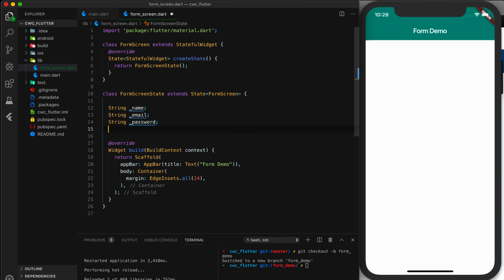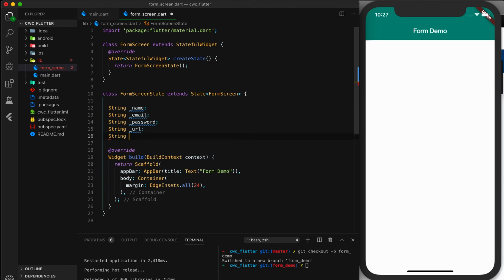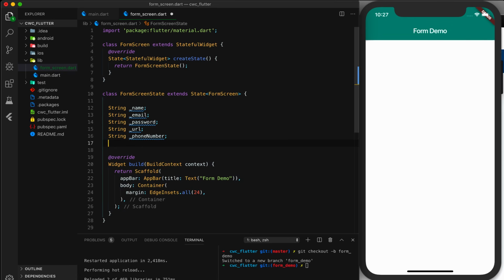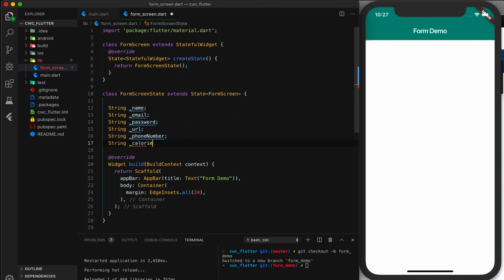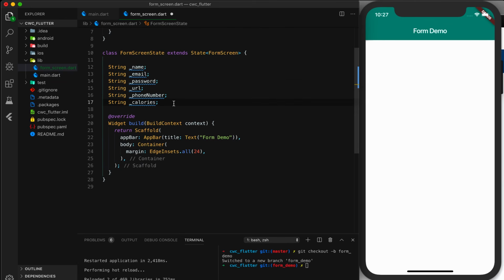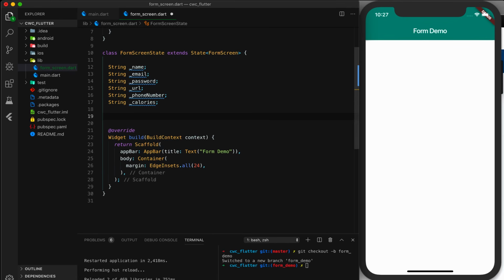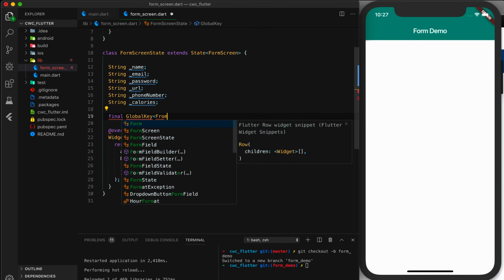So, string URL, string, I want to do phone number, and I'm going to just create one for numbers. I'm just going to use calories for some food. So string and calories. Next, I'm actually going to create something called a form key, or it's a global key, but the class is a global key. So we do final global key and form